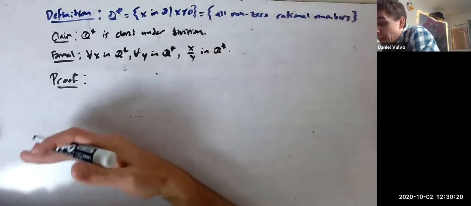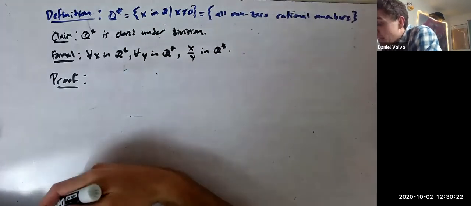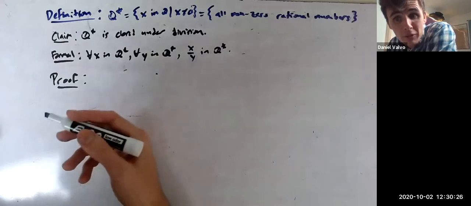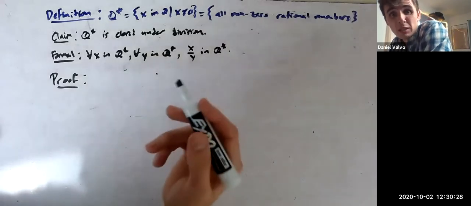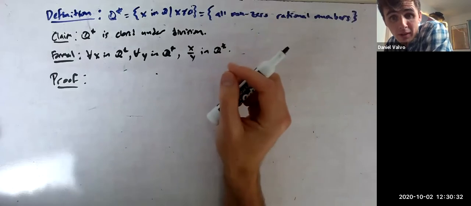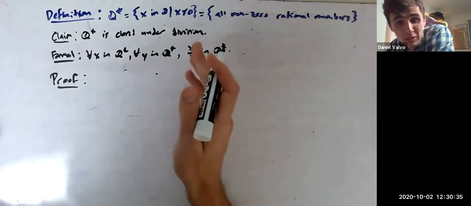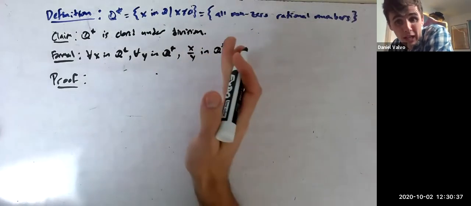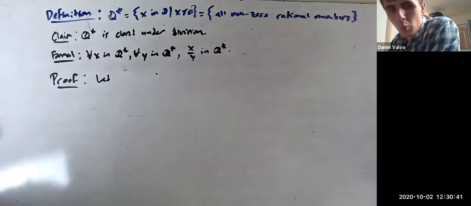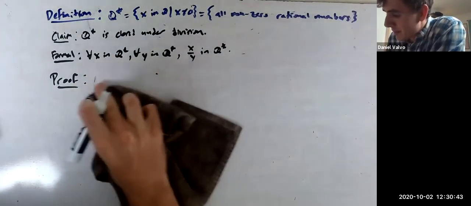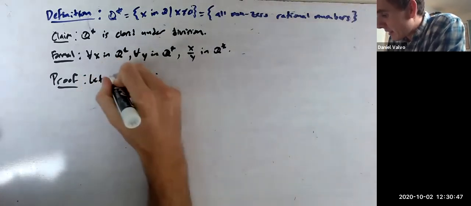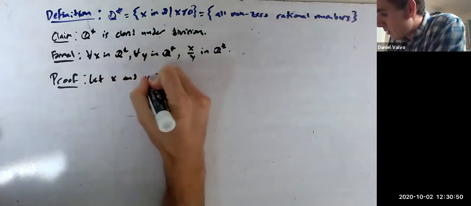Remember the idea behind direct proof is that you just consider any arbitrary element in the domain and show that the property of those things being in the domain must necessarily lead to the property of what you want, in this case, x over y being Q star. If you do that for any old element in the domain, that means it must work for every element in the domain. So what we're going to say is, let x and y